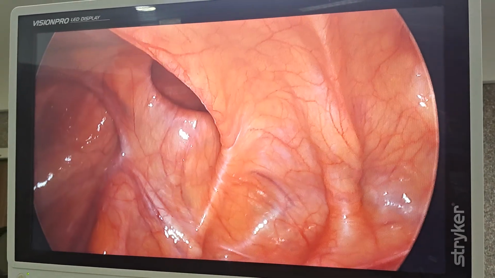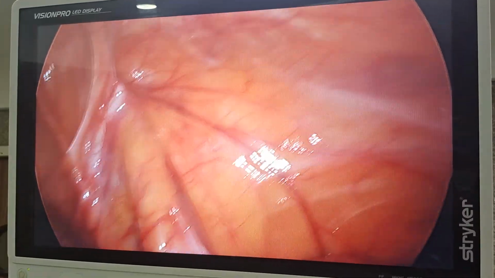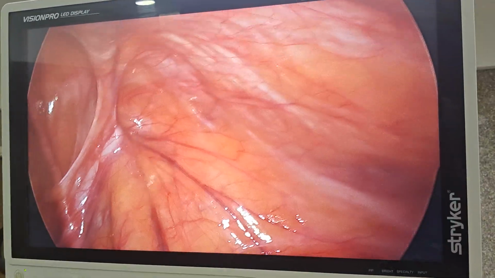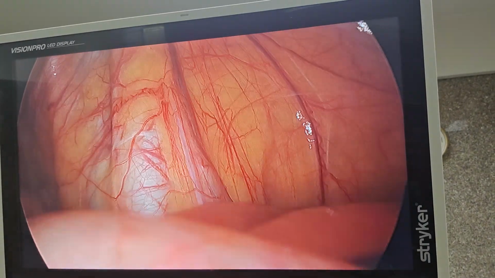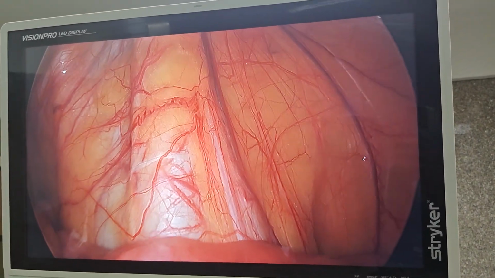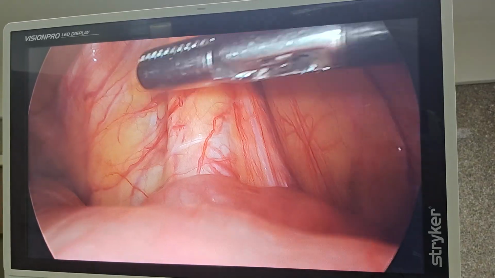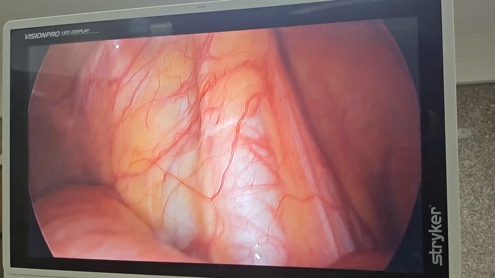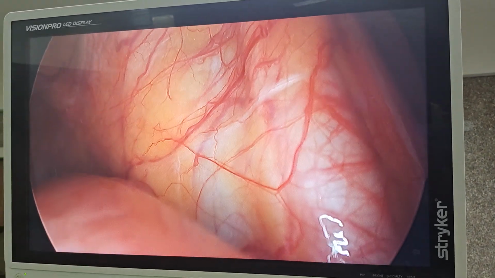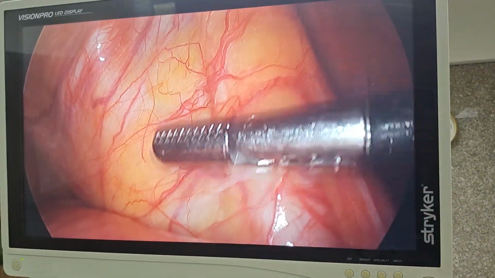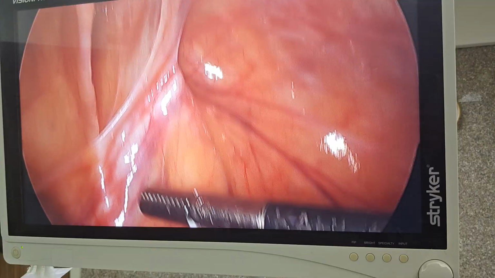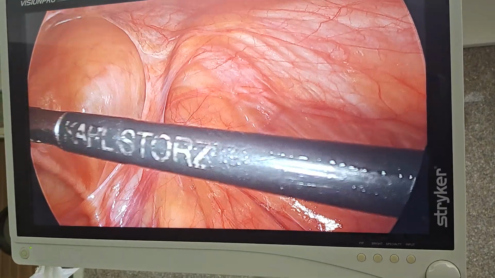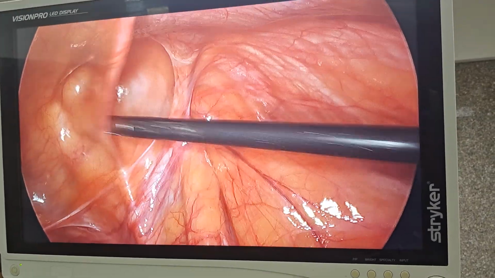So I will show you the anatomy again on the right side. It is again beautifully shown. See here, this is the iliac vessel. Can you appreciate? You can see the iliac vessel, how nicely it is visible, and below it the blue hue you see, that is the iliac vein. So can you see here? This is the iliac vein, and this which is going is the median umbilical ligament,